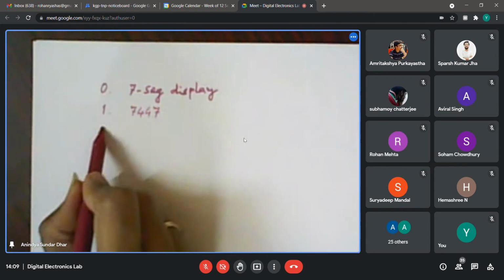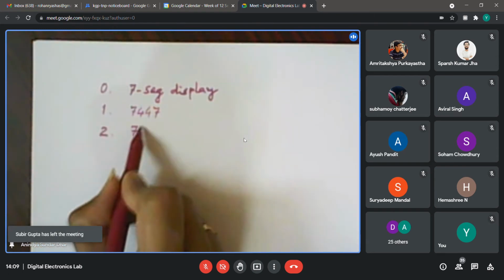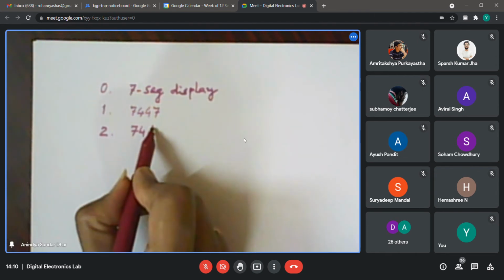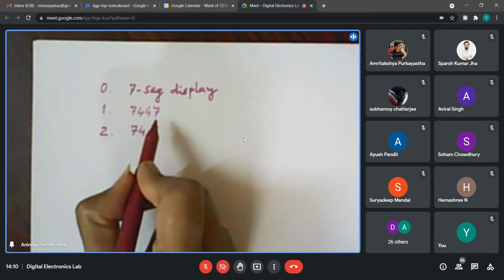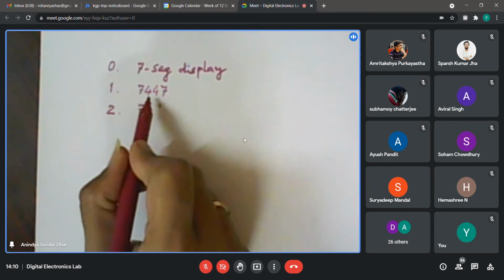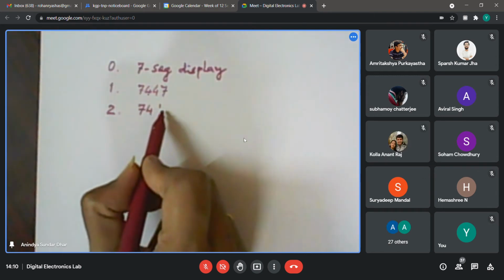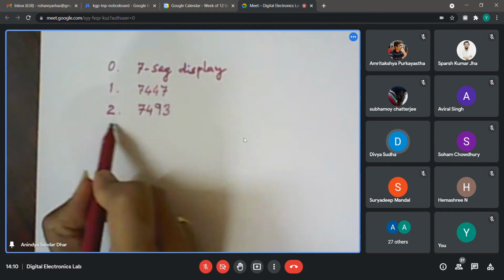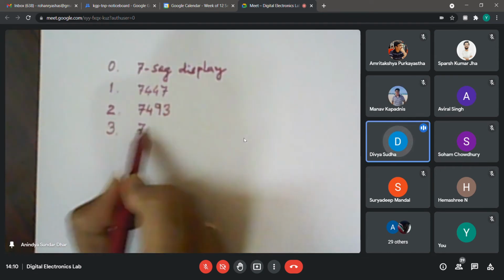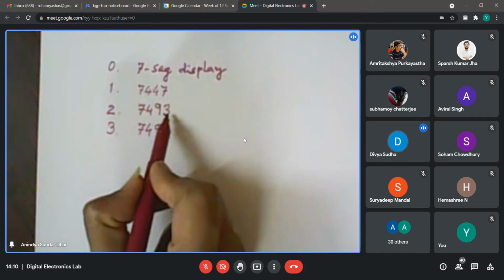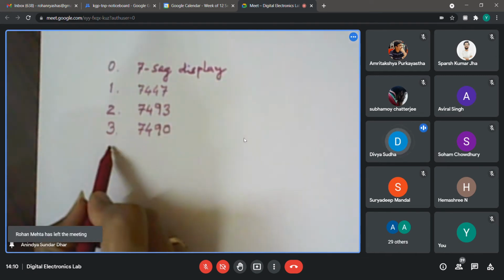Okay, so then the next one. You can tell me one by one, I will write. You need not stop. 7447. Then what have you connected with 7447 to see that the display is changing? 7490, 7493 and 90, both. So what is the difference? This is a 4-bit binary counter, so all 16 states are there, whereas this is a decade counter.